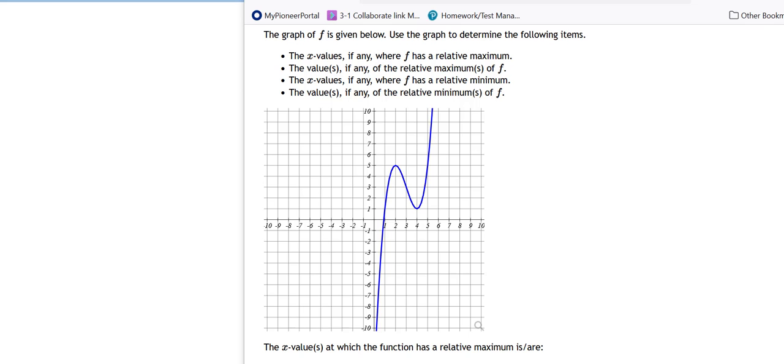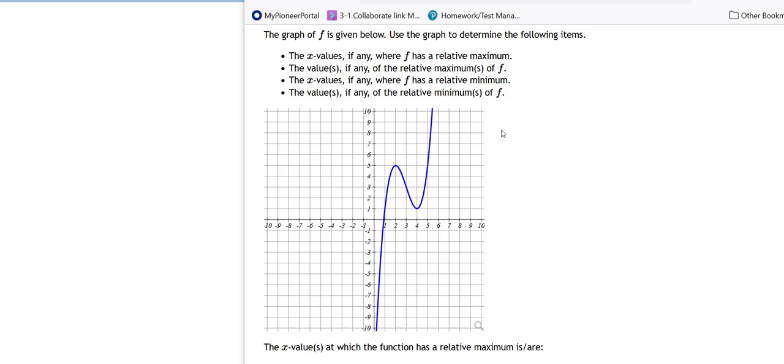Our next thing we're going to look at is a relative max and a relative min. A relative maximum is the highest point in a neighborhood. So right here would be a relative maximum. This would be a relative minimum, the lowest point in a neighborhood. You never use the ends. And so